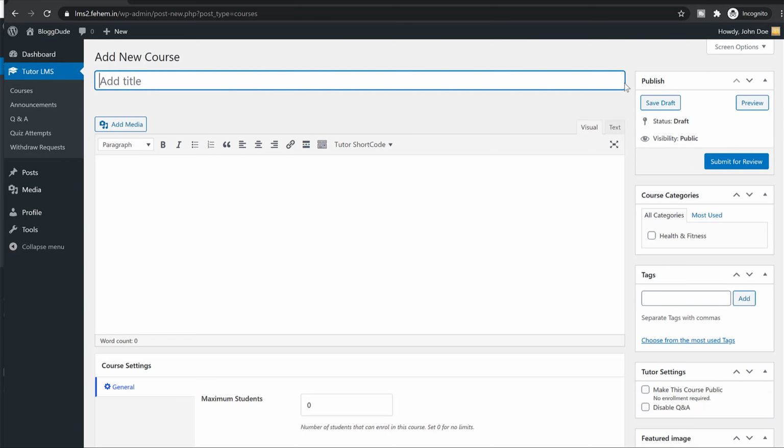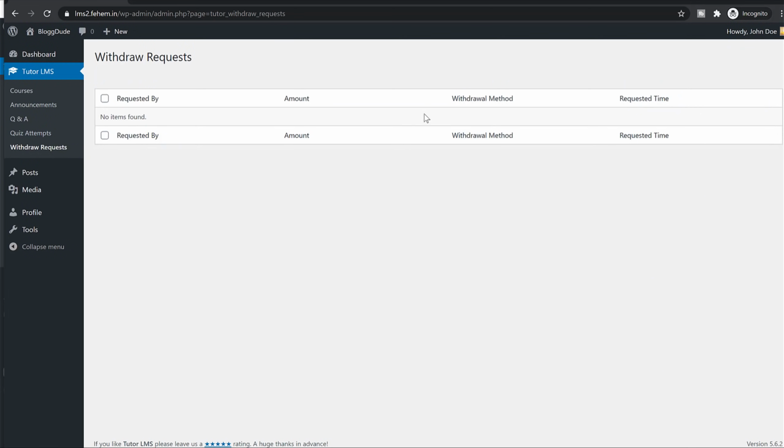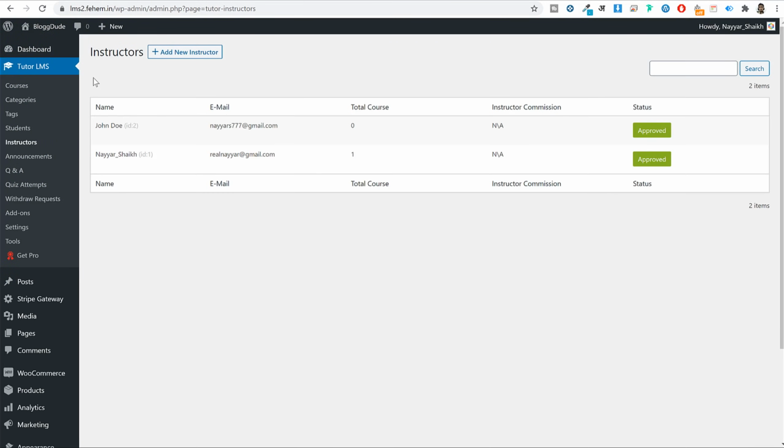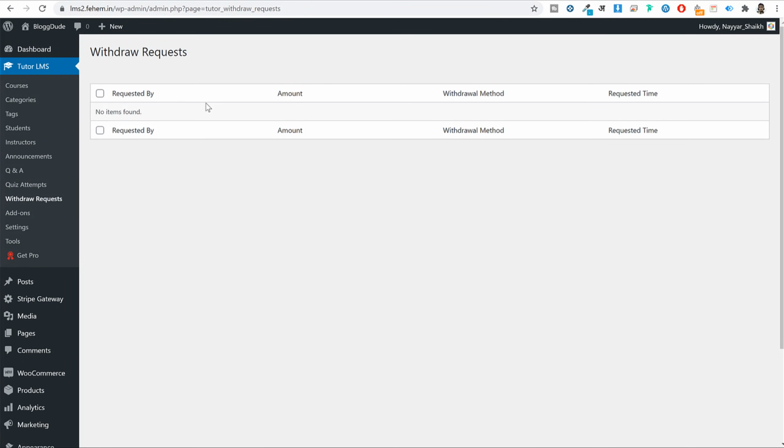So whenever there is a purchase of a course that is created by the instructor, they will go to withdrawal request. And because they don't have any amount over here, once they have that $100 threshold minimum amount, they can send a withdrawal request, and you can see that request under withdrawal request. Okay, no withdrawal request because we have not yet placed any withdrawal request. Once you see there is a request, you can send them money through bank transfer or through PayPal. So this is how this entire transaction works.